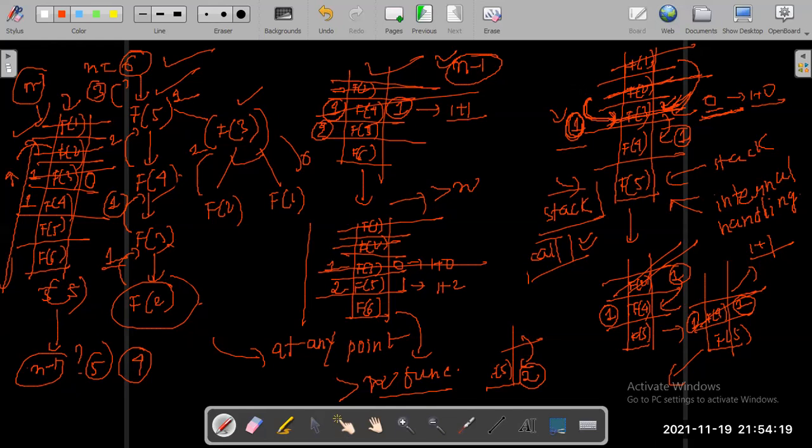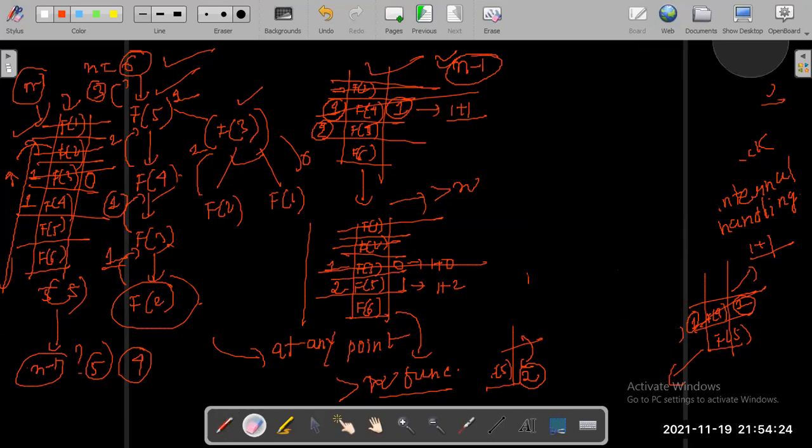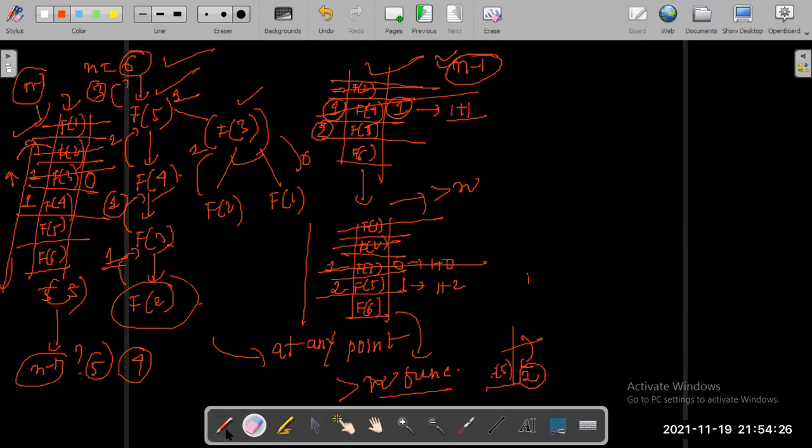So at any point of calculating our Fibonacci series, the call stack did not have more than n functions. For keeping all these n functions, the computer allots memory. For each function, the computer allots some constant memory k. So what is the total memory required to keep n function calls in the call stack?